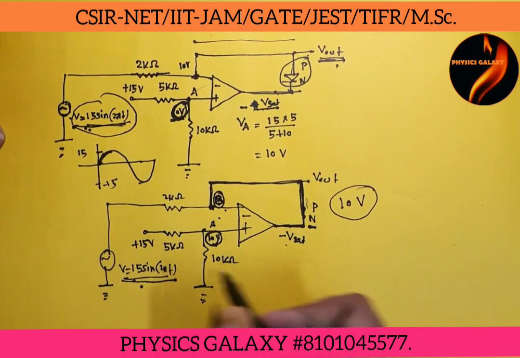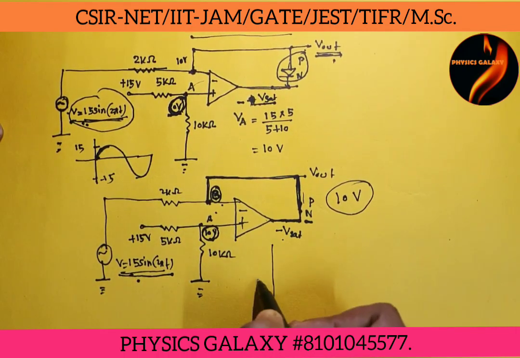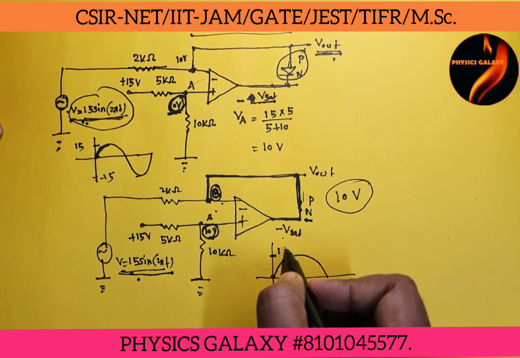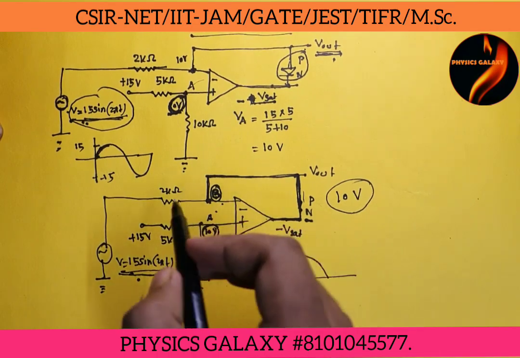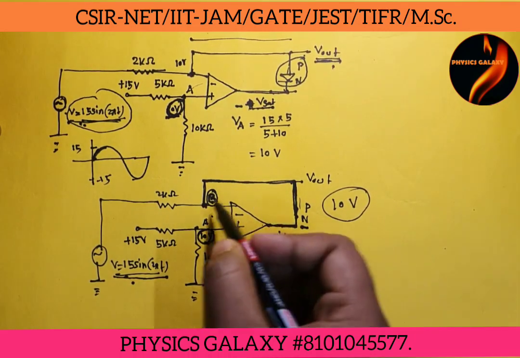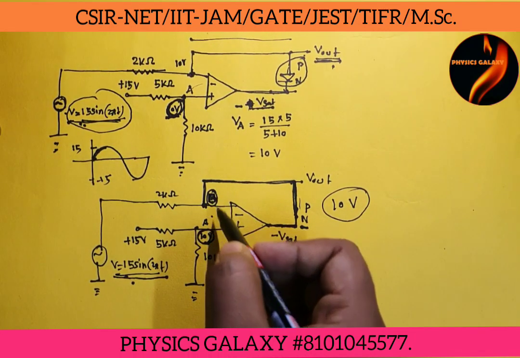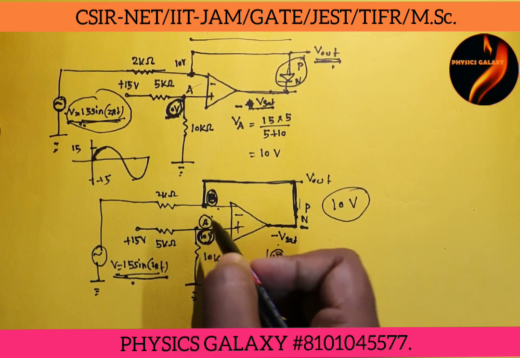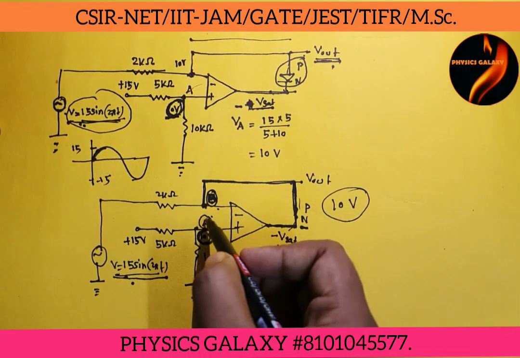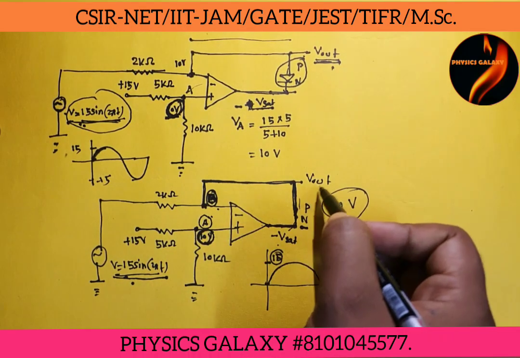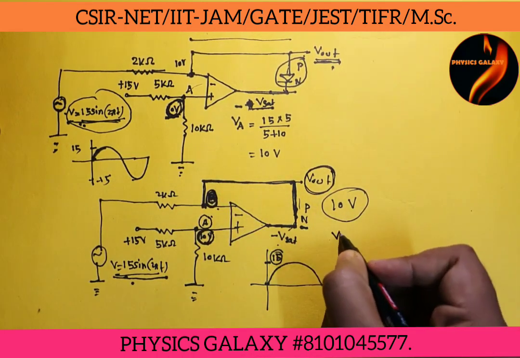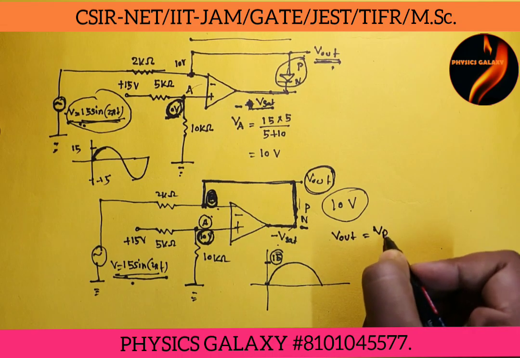So we can say that even if the sinusoidal voltage is increasing greater than 10 volt, its maximum value is plus 15 volt. In this condition also the feedback circuit is acted. So due to this feedback circuit, the potential at point B will always be equal to the potential A due to the condition of feedback and the condition of an op-amp. So we can say that the potential here Vout will always be the potential at the point B. So Vout will always be equal to VB in this condition.